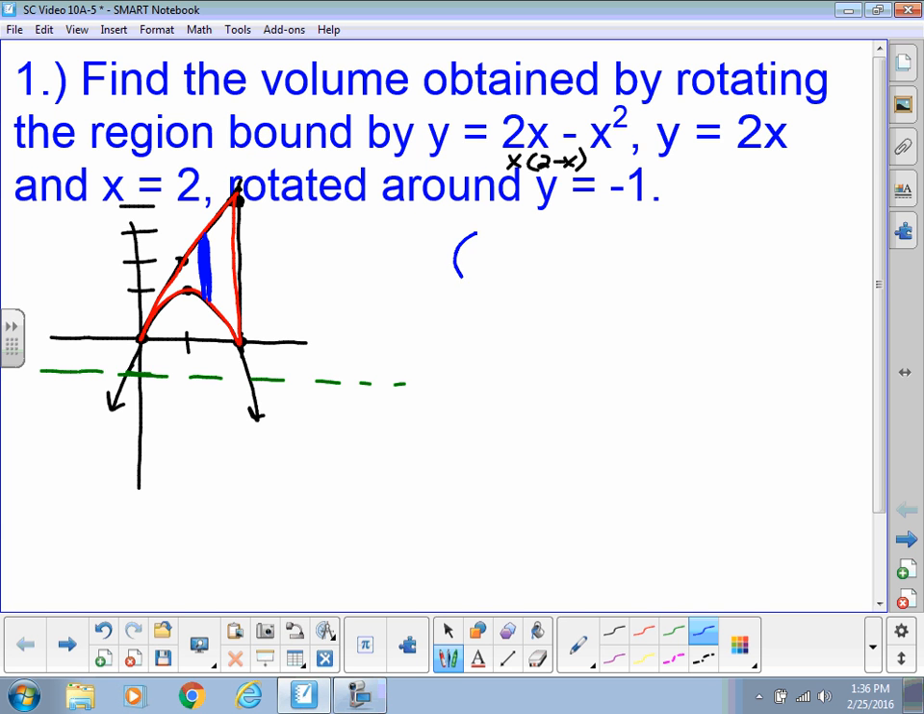So we will do our integral. Our thickness is in the x direction, so it will end up being dx, meaning we need to know what's our starting x value of our region and our ending x value of the region, which should be 0 and 2. We're going to do pi times radius squared for the outer minus pi times radius squared for the inner. So we'll have pi